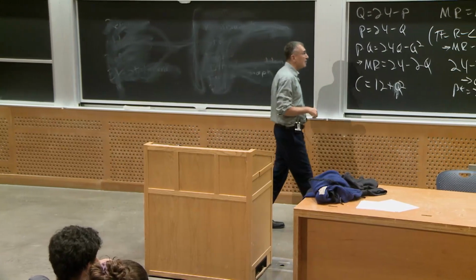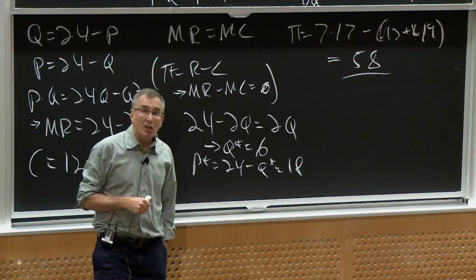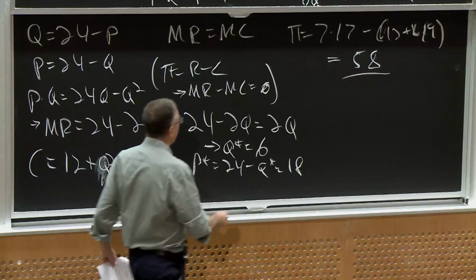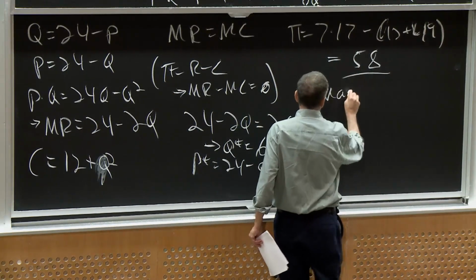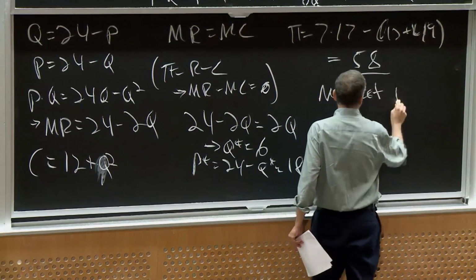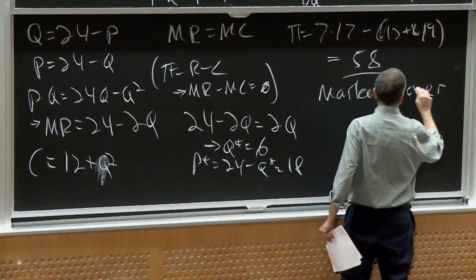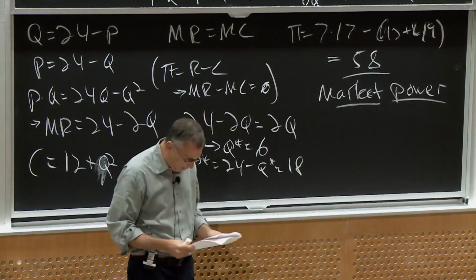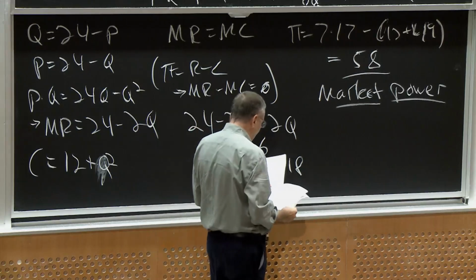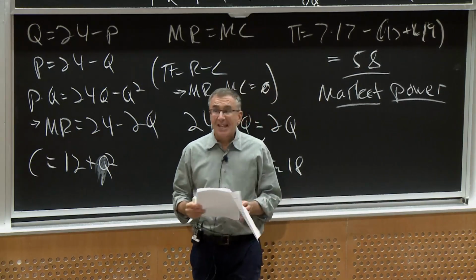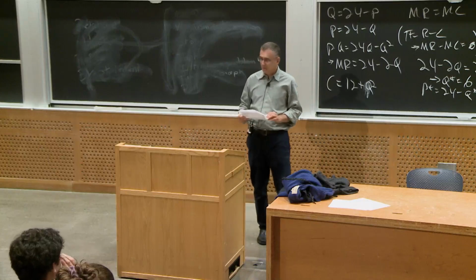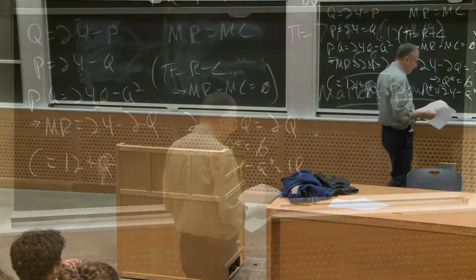This means that monopolists, because they can set price, have something we call market power. Monopolists have market power. What do I mean by that? Market power means that basically monopolists can make money, even in the long run. To see this, let's think about